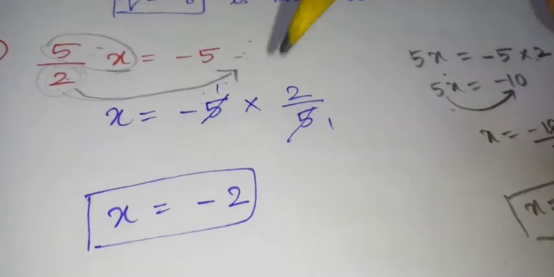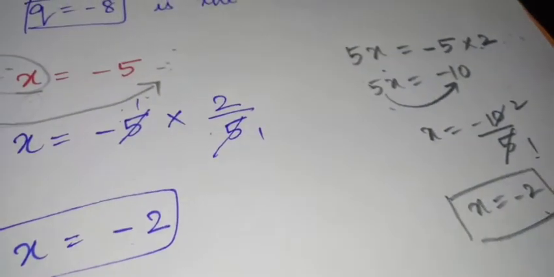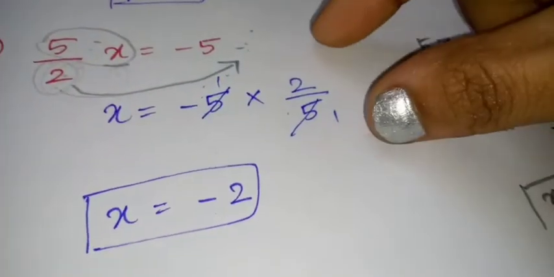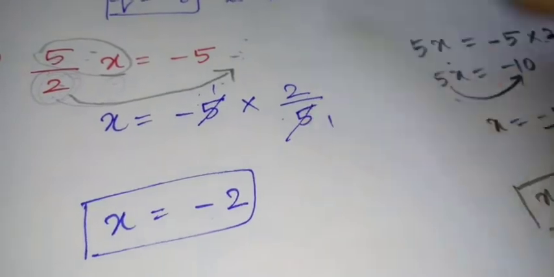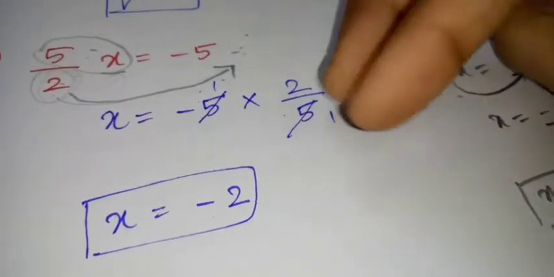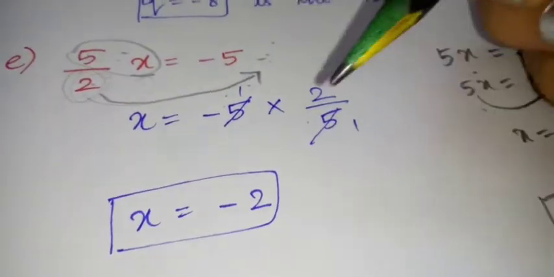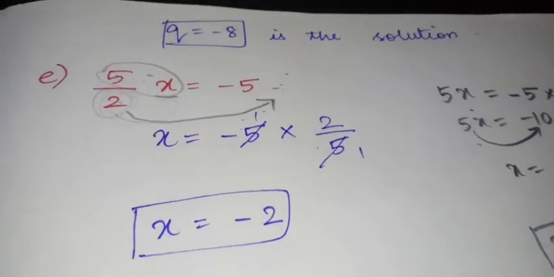Like this also you can do. Here we are going to bring each and everything and calculate it. Here I am shifting this fraction totally towards this side, so it becomes reciprocal. Reciprocal means ulta. 5 will come to the denominator, 2 will come to the numerator. Then we cancel it and find the solution of this equation.